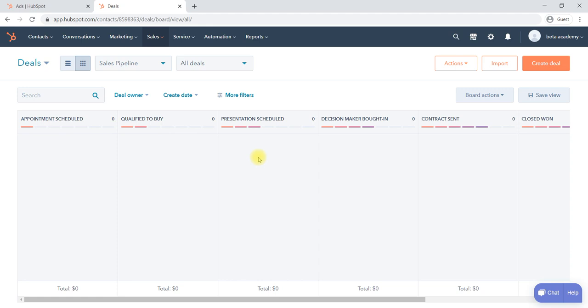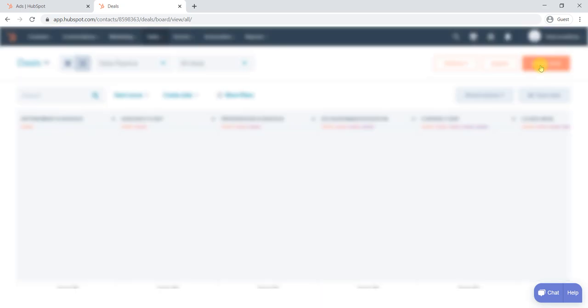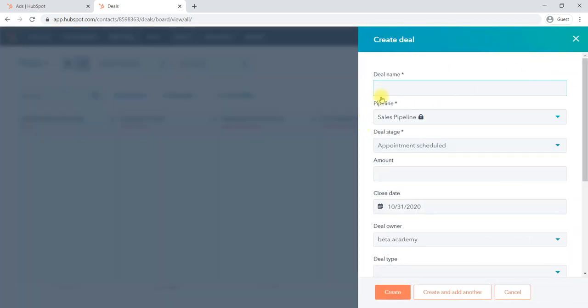How to create a deal? We have to go here, the Create deal option is there, select that one. Now we have to give the name for the deal. For example, I met a graphics client and I will say Printing deal. Okay, I have given one name for a deal.